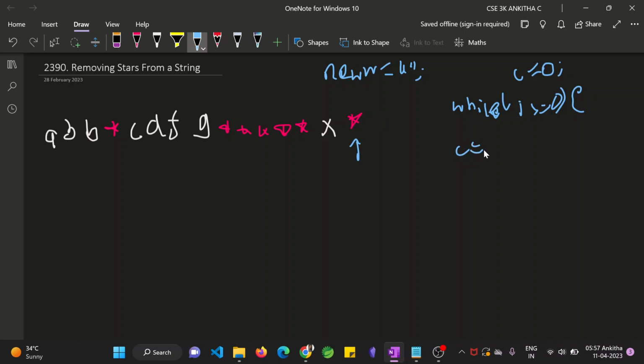So count will become 1 now. From 0 it will become 1, or I shall write it as 1. So count is equal to 1, right? Next, you do i minus minus. So i will be pointing here. So once you do i minus minus,